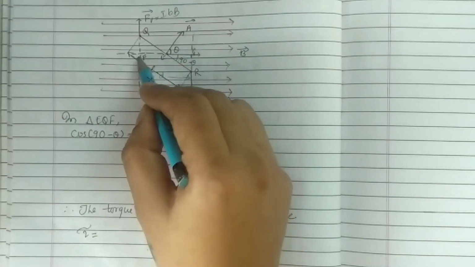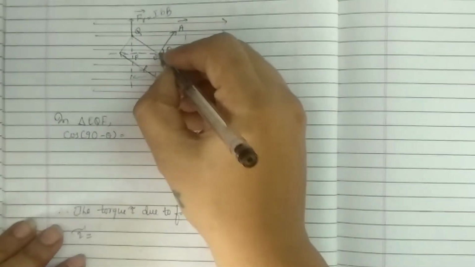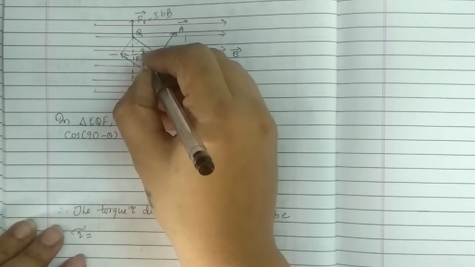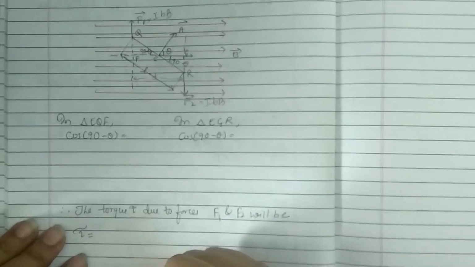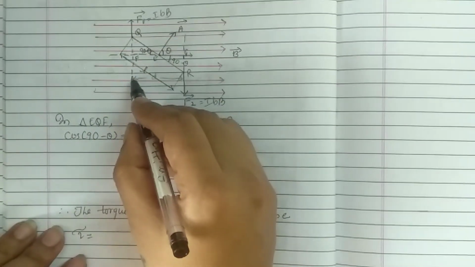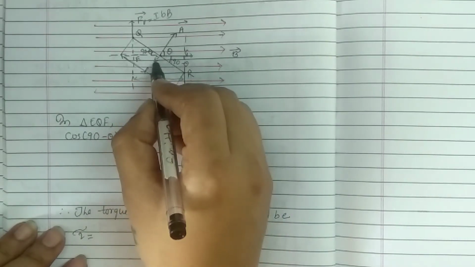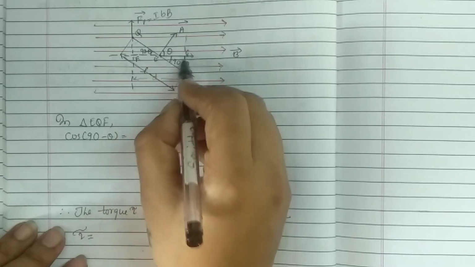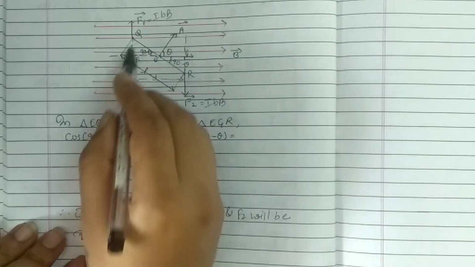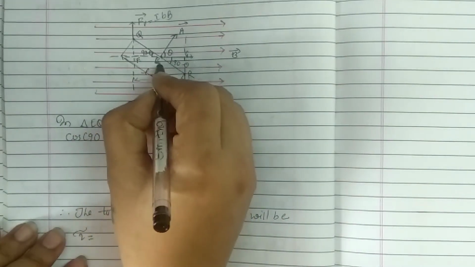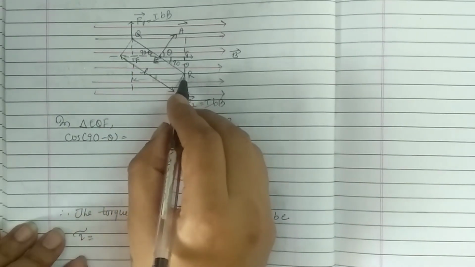So E is the midpoint of FG over here. If it is 90 minus theta, then the opposite angle is also 90 minus theta. So this angle also became 90 minus theta. If you take the perpendicular distance between them as D, then from F to E it is D by 2 and E to G it is D by 2. D will be divided into half. And if you take QR as a small l, then Q to E is L by 2 and E to R is also L by 2.